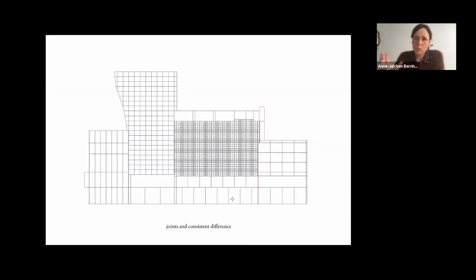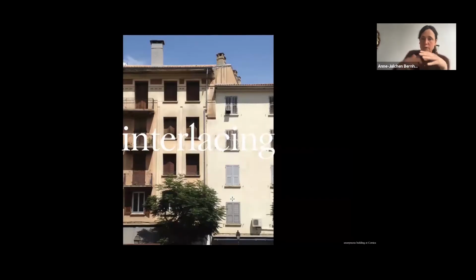Yeah, and then we did carry information in the joints and the connections. So this is in a way a second layer over the basic layer for each building, that there is also interlacing between the four parts, like also in vernacular, in a way, or anonymous architecture.